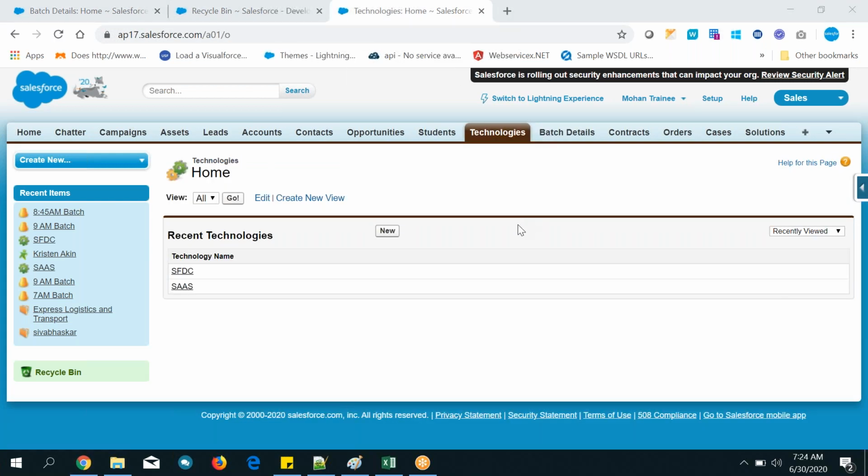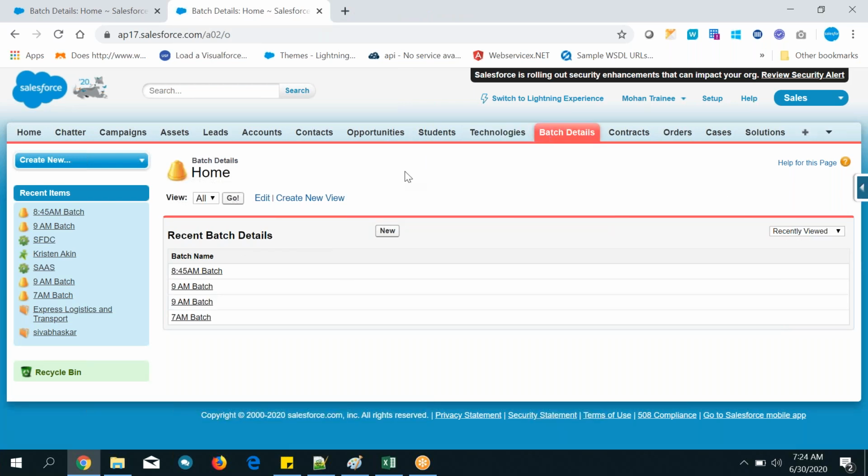Somebody is asking a question: can I create a lookup relationship from two fields? From the child object, batch name, and other. You can create many lookup relationships. Maximum I think 33 or 40 around, and you can just check in Google how many. Around 40 like that we can create on a single child object. I'm not sure exactly what the count is.